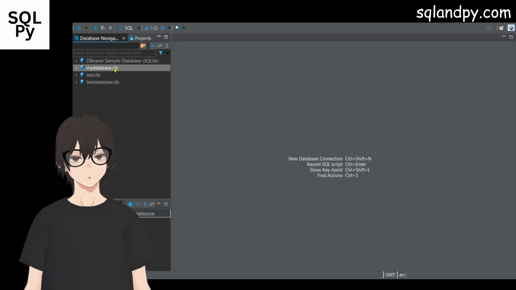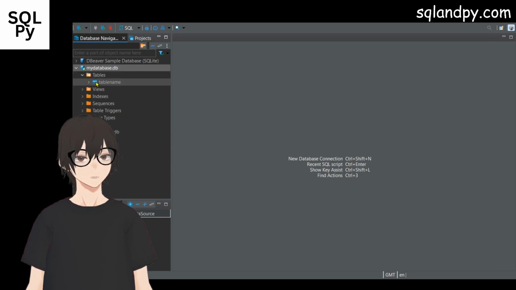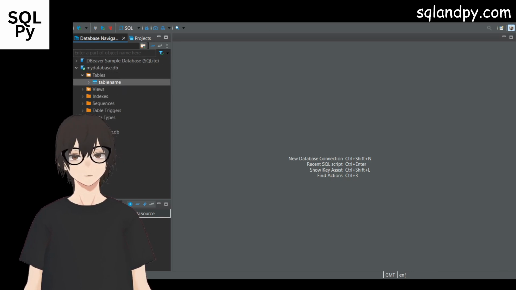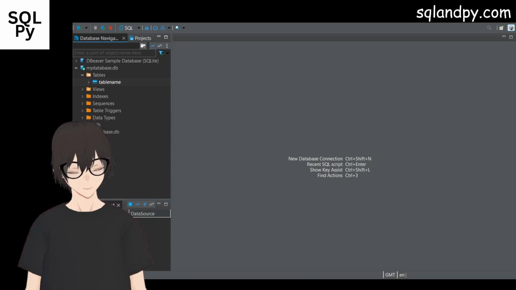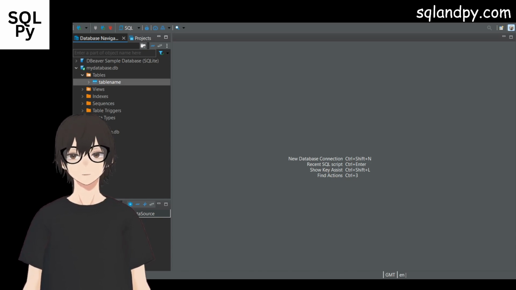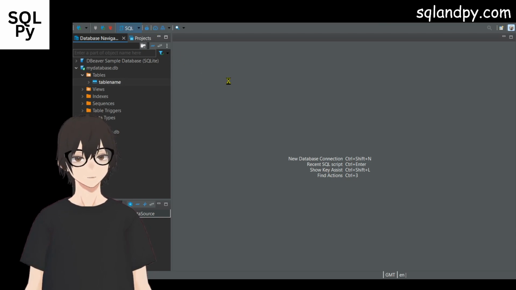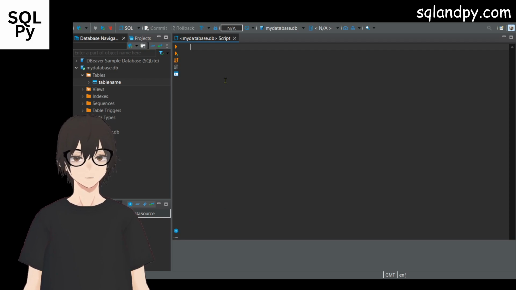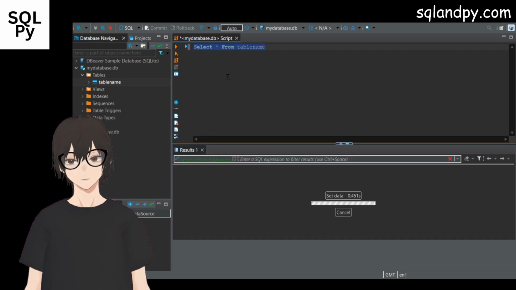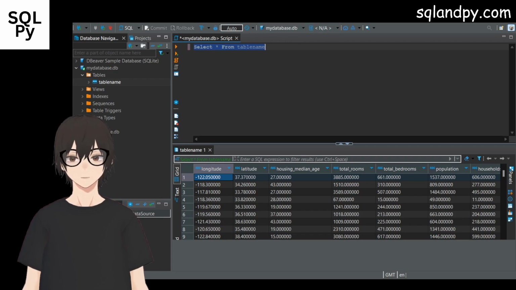So inside here we have the database and the table name here. So what we will do is just check all the data by just doing a select all. I'm going to open a new query window that connects to this database and run select all from the table name. This gives me the whole table,